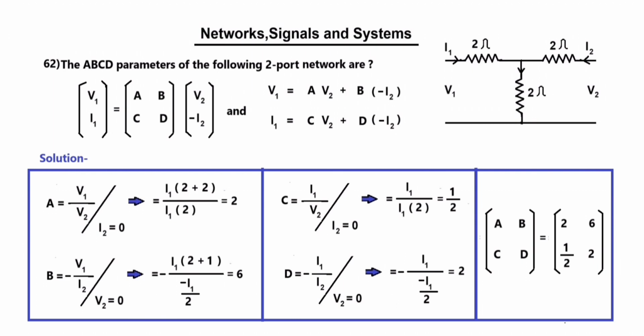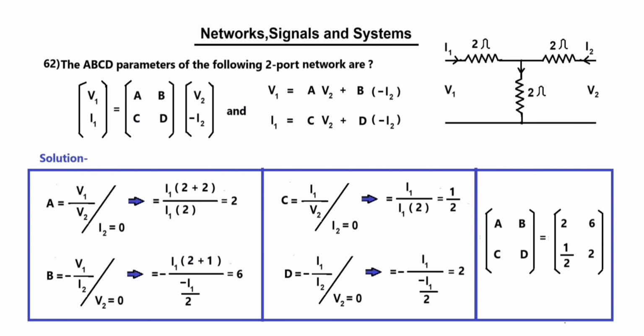Parameter A equals V1 upon V2 with I2 equal to 0. This means output open circuit. So V1 equals I1 multiplied by 2 plus 2, and V2 equals I1 multiplied by 2. So A equals 2